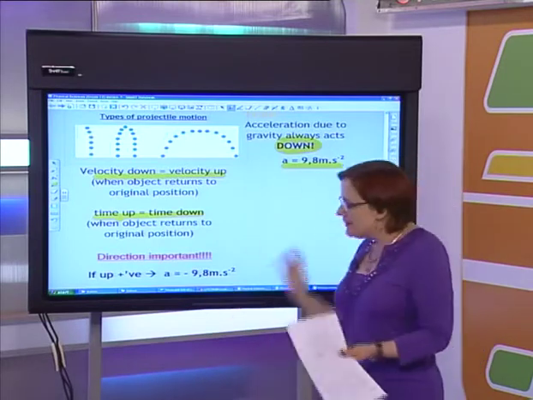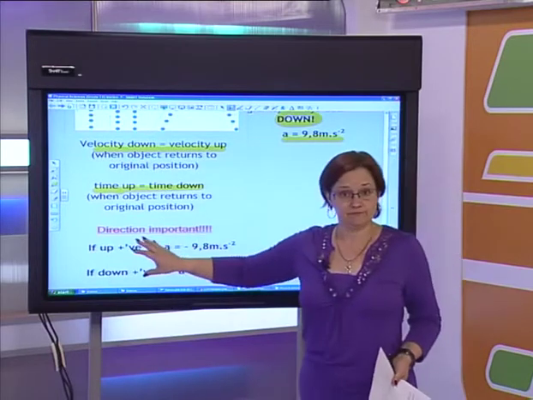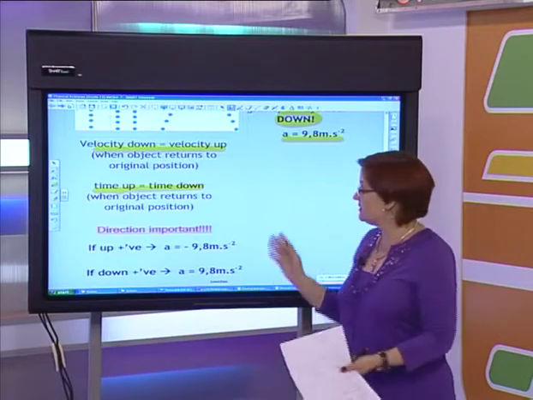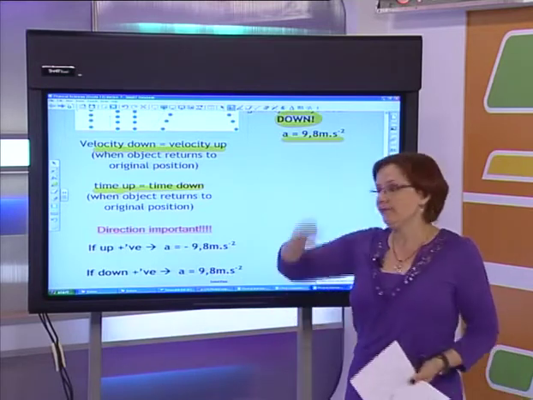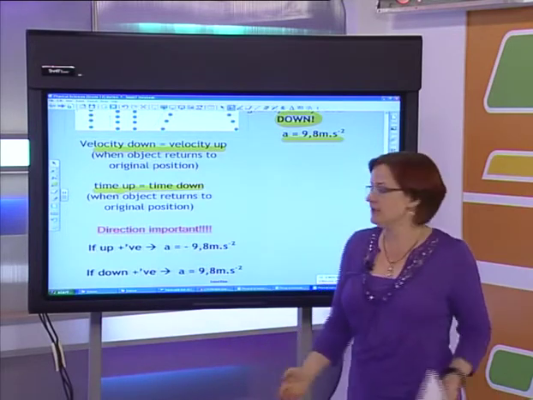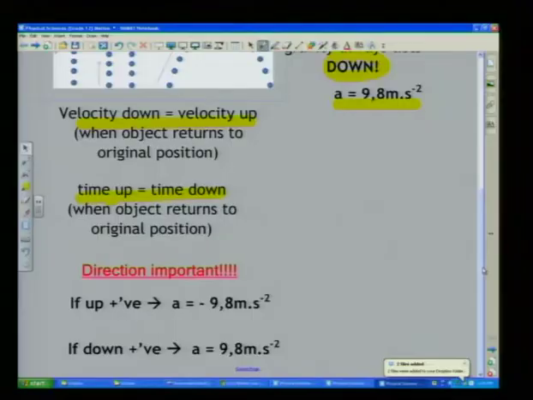This is the big thing for us, direction. If you're using, and it's your choice, there's no set standard to this. There's nothing that says down has to be positive or up has to be positive. That really is your choice. But if you choose the upward direction as positive, in other words, I throw an object up and anything that goes up is positive,